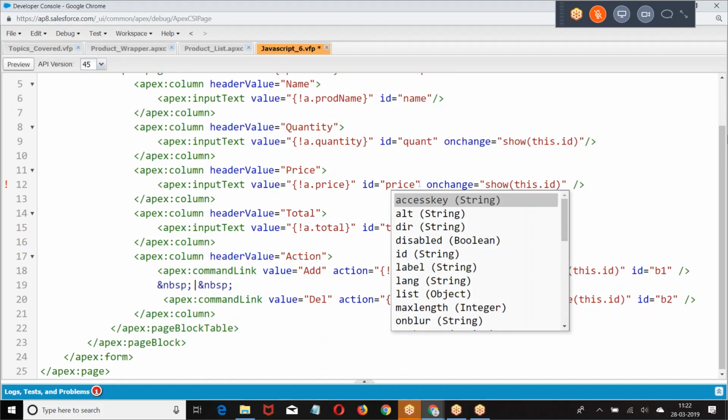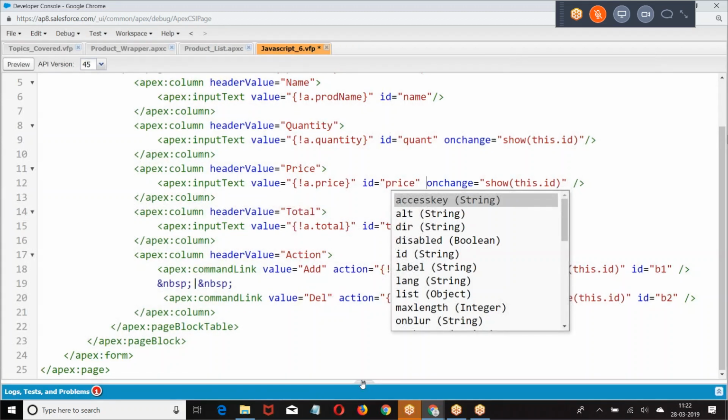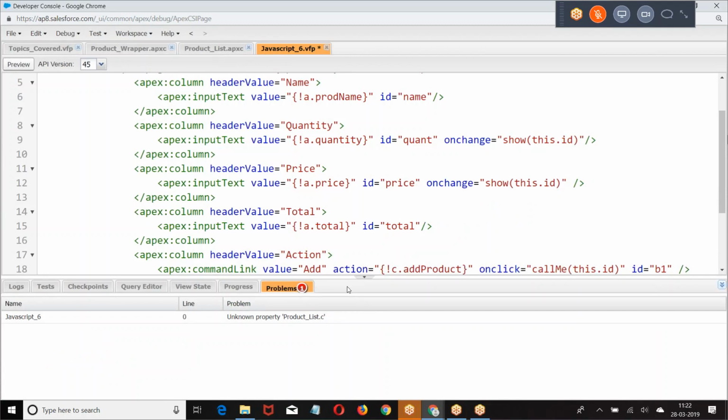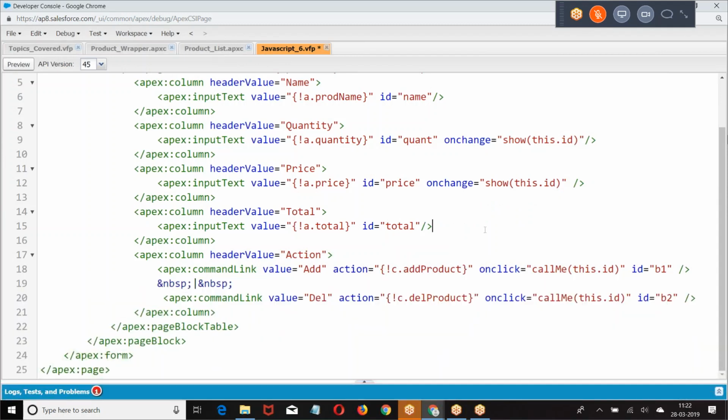So this is the structure that I created. So look at the UI part first. Note C. Action. Sorry, it's Lightning.